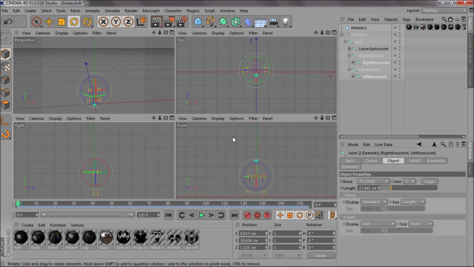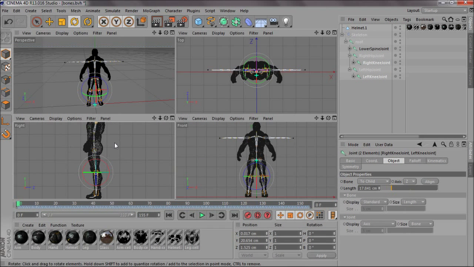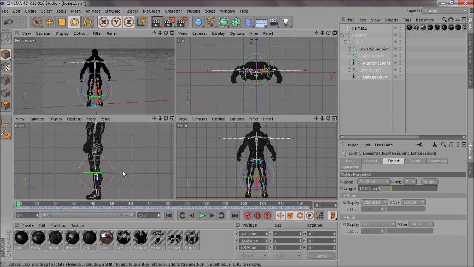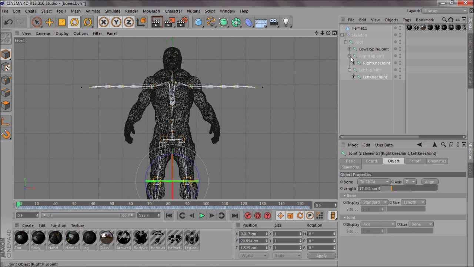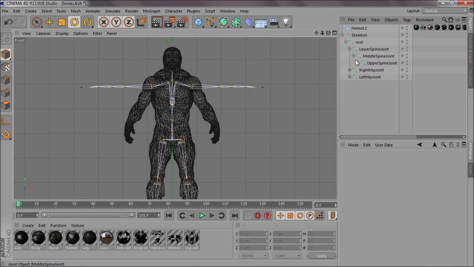And you just work on both the front and side view, so then you know it's perfect, it's all in proportion. And then what you want to do is go to the arms,